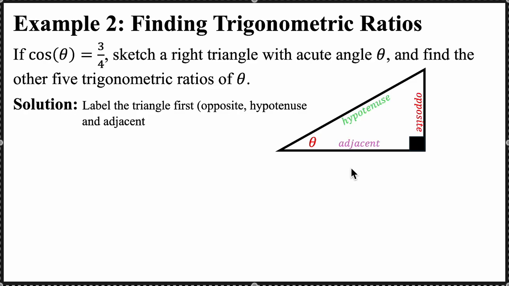What we're given is that the cosine of theta is equal to 3/4. Remember, the definition of cosine is the side adjacent over the hypotenuse. So in this case, my adjacent side length would be 3, and the hypotenuse would be 4. Now, because we're dealing with a right triangle, if you know the two sides, the third side can be found